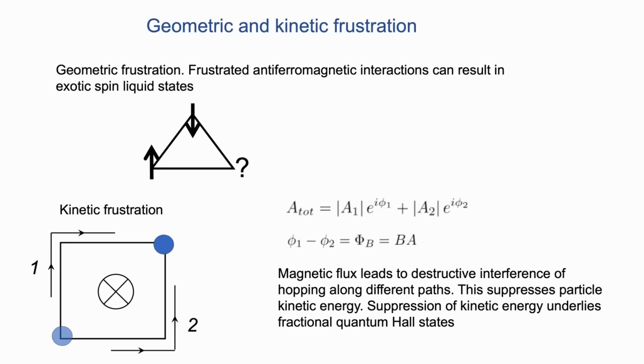Well, there is another frustration that you are familiar with, and this is when particles move in the presence of magnetic flux. Take a simple example of a particle moving in a plaquette, and we're asking how it moves from one corner to the other. It can either go through the upper path or the lower path, and in quantum mechanics we need to add the amplitudes. But if there is a flux through the plaquette, especially if this flux is of the order of pi, then there will be strong destructive interference. And this is what underlies, say, flat Landau levels, right? Destructive interference of different trajectories.